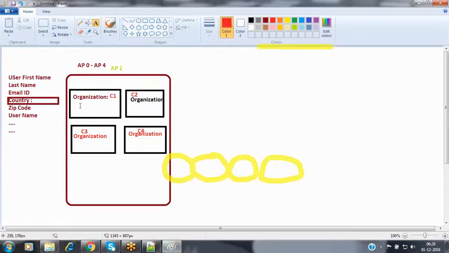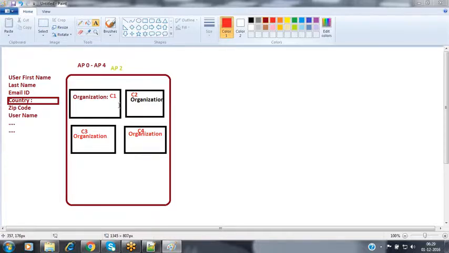Question, Firoz. Yeah. Sorry to disturb. Will the database be in each and every instance, for example, account in C1, C2, C3, C4, or is it in a common place? Yeah, I'm coming to that point. Account object. Yeah, I'm coming to that point here. Okay. Give me 1 minute, I will be coming to that point.